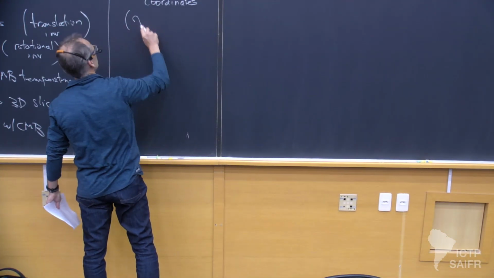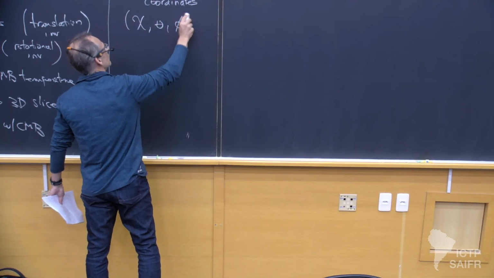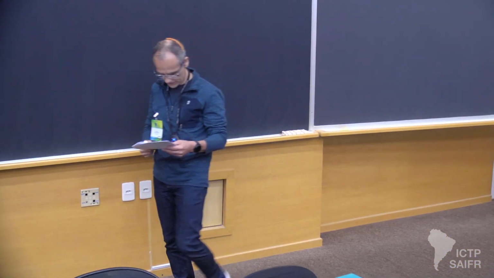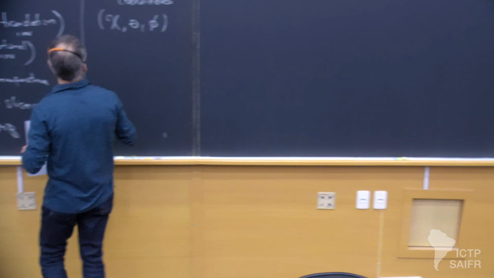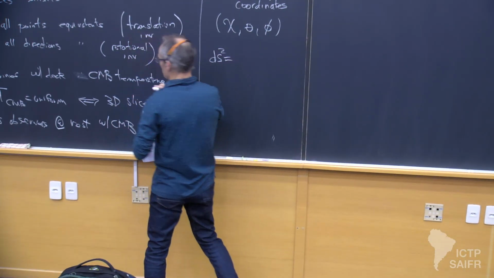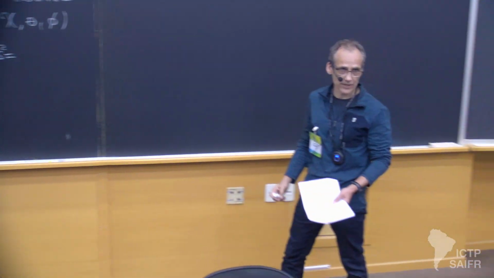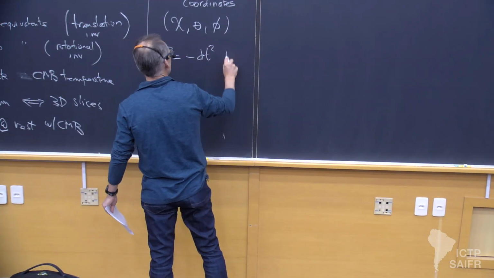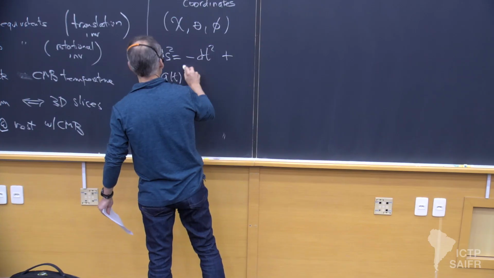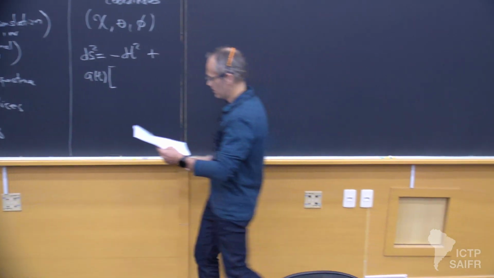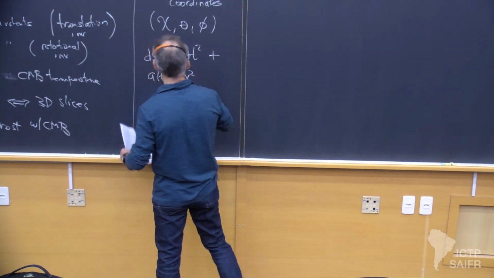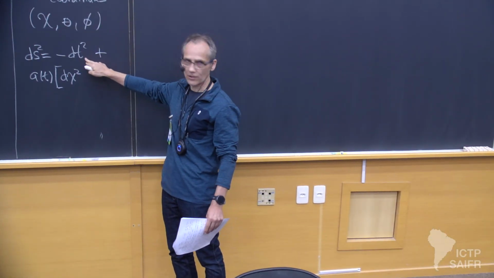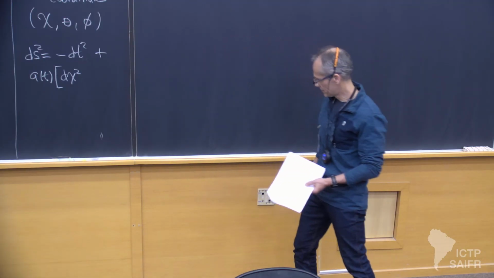So I'm going to choose typically spherical. So it will be a radial coordinate chi and two angular coordinates phi and theta. And just from these symmetry considerations alone, you can write the metric of the space-time, just from symmetry alone. So this is just using isotropy of the 3D slices. These co-moving observers carry clocks that measure cosmic time, which we call t.